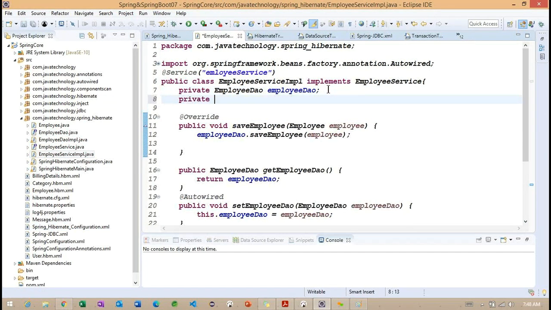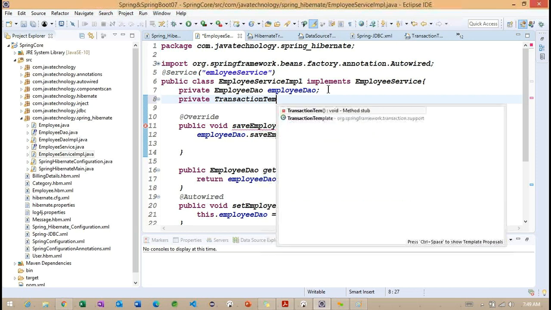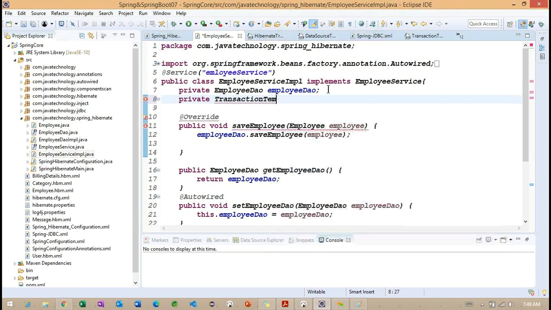Here I want to work with the private transaction template. Let me copy this particular transaction template with the reference of the T small.